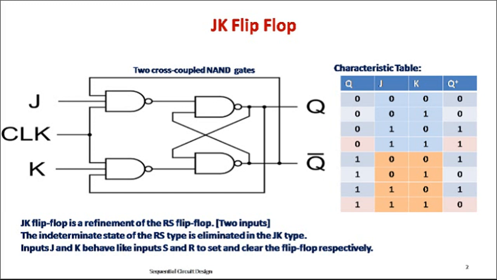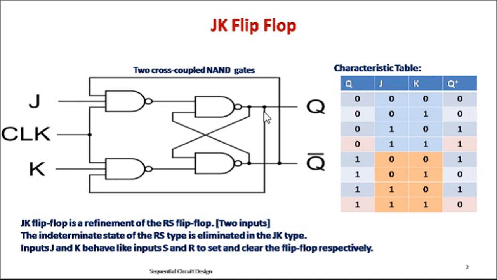So the uncertain condition, we know that in the SR flip flop, whenever S is equal to 1 and R is equal to 1, meaning set and reset both are 1, can be eliminated by converting it into the JK flip flop. The data inputs in the JK flip flop have to be connected in this fashion: J input is connected to the inverted output, and the K input is connected to Q, like this.